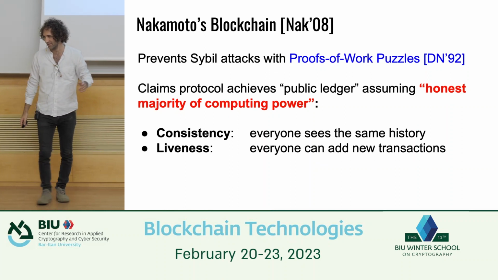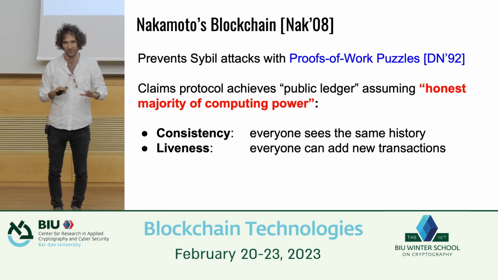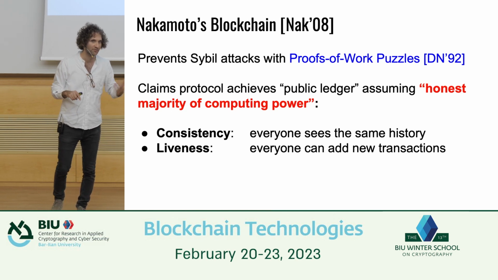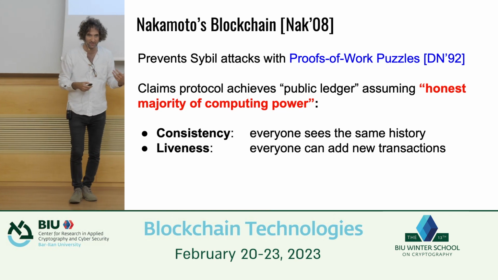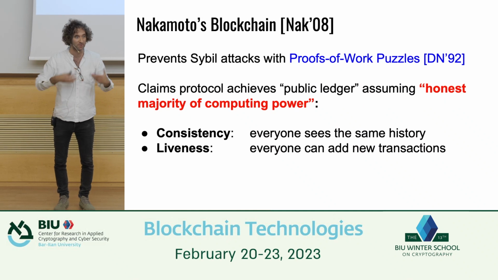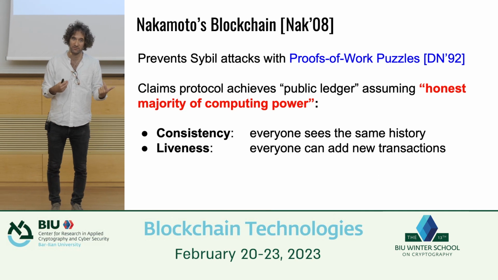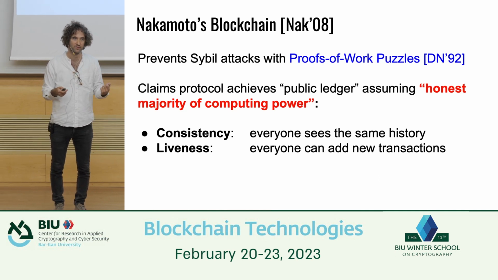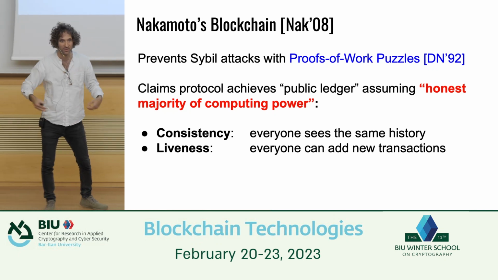At this point in history, 2005, it's generally believed we cannot get consensus unless we have authentication. Then a few years later, Nakamoto's paper came around, and he prevented Sybil attacks, where a bad guy pretends to be lots of good guys. The way he prevents them is to make emulating a good guy expensive. It requires computational effort. So sure, you can emulate good guys if you want to, but that will require a lot of computation.